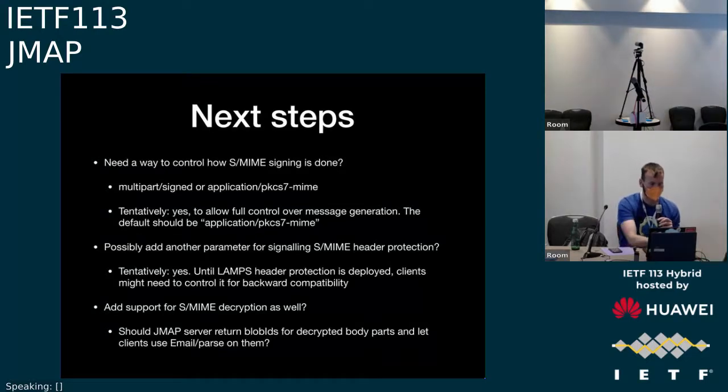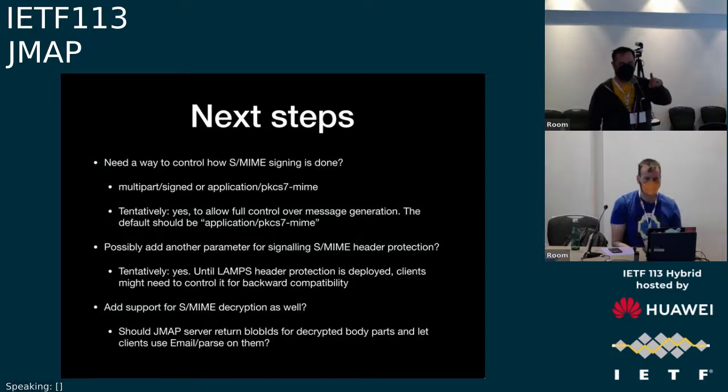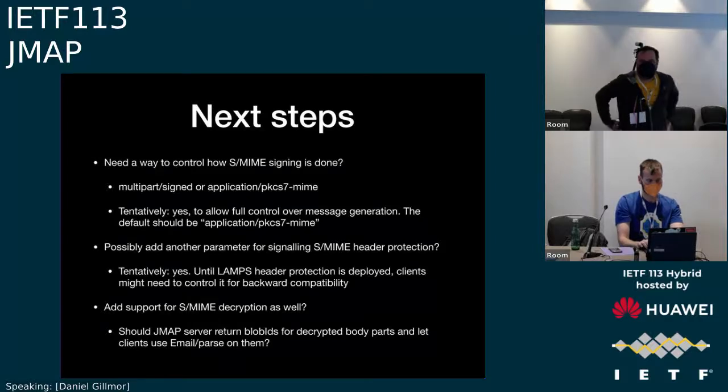So what I think I understood from that was that we could default signing to true if you request the capability for this. Obviously, if you don't request the capability, then this property doesn't exist, but we could default it to true if you do request it. I think DKG was talking about header protection, actually. Okay. If you do either signing or encryption, by default header protection will be true unless you disable it. Yes, Alexey has it right.